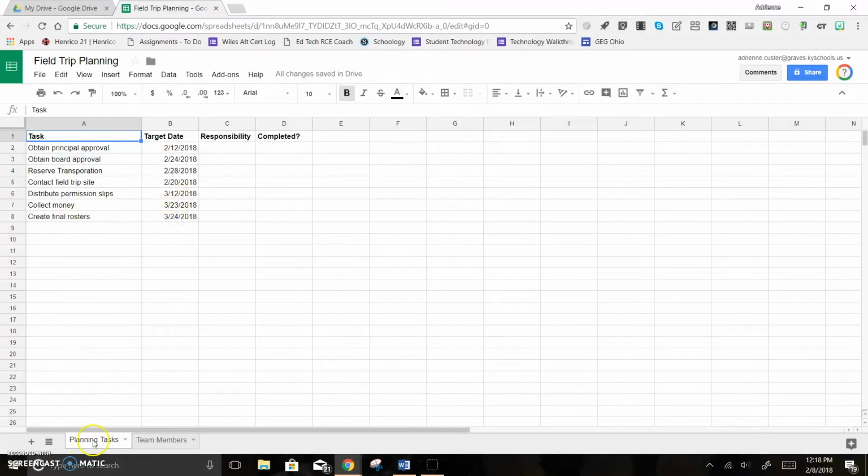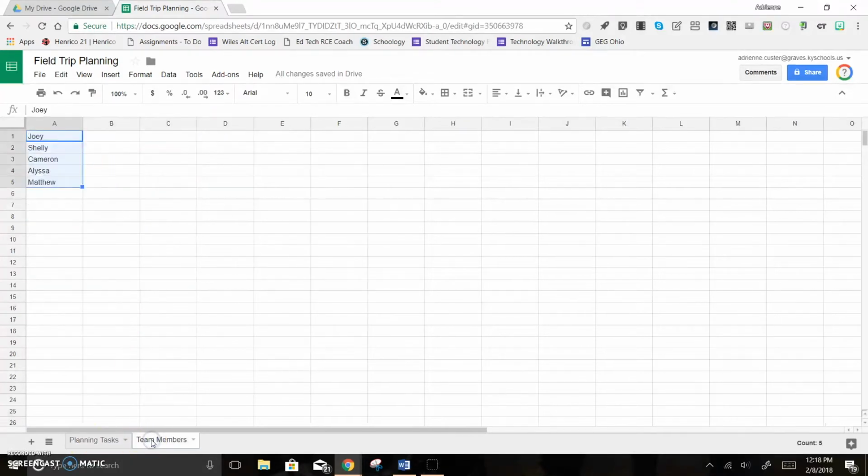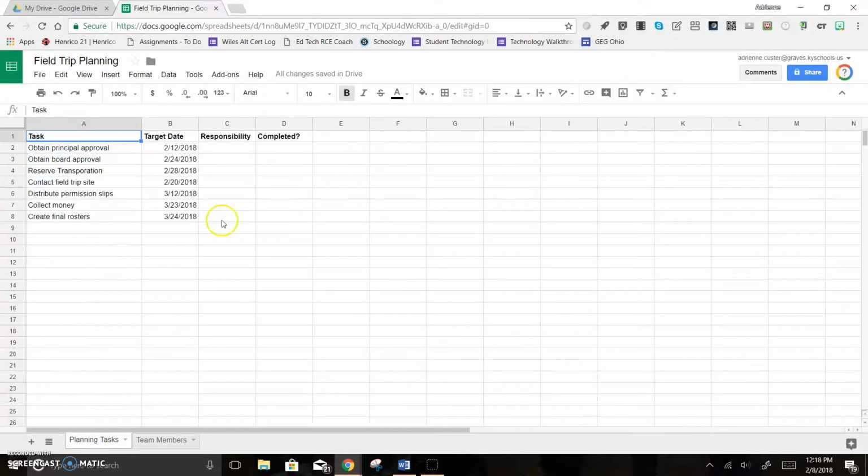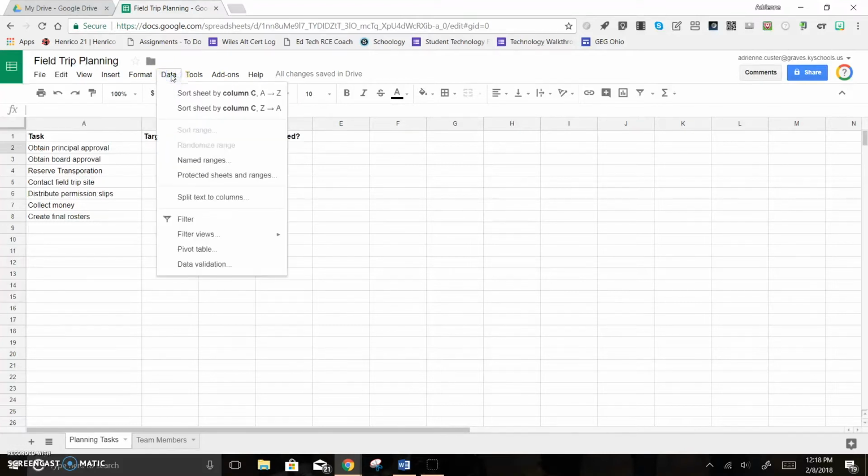I've got my planning tasks and the date that I want to have them done on this tab, and on the other one, I have a list of my team members. So for this column, for the responsibility, I want to create a drop-down box with a list of my group members on it. So I'm going to click in the cell, go up to Data, and come down to